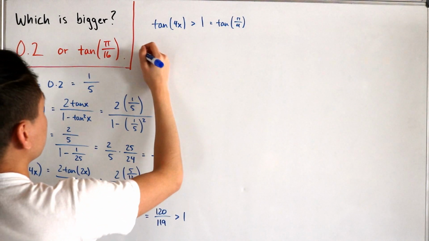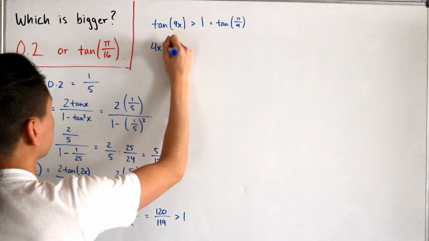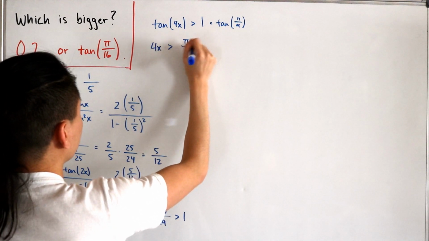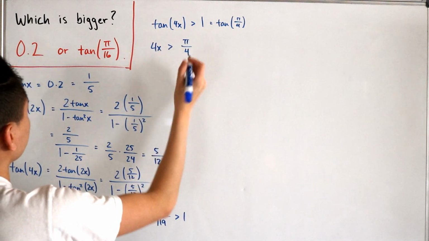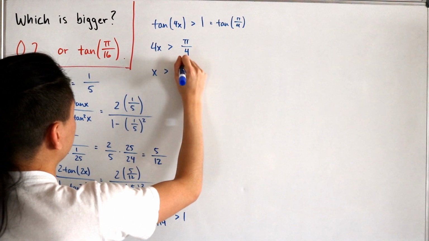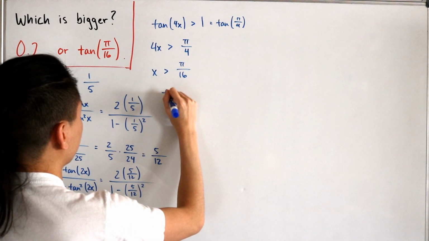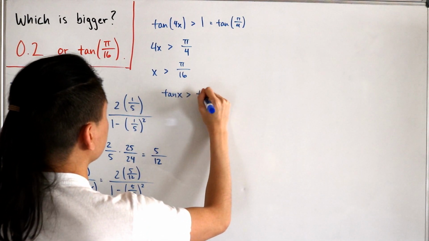By applying this, we can take the inverse arctan of both sides, so we have 4x strictly greater than pi over 4. Then solving for x, we divide both sides by 4, so x is strictly greater than pi over 16, and then all you have to do is take the tangent of both sides. So we have tangent x is greater than tangent of